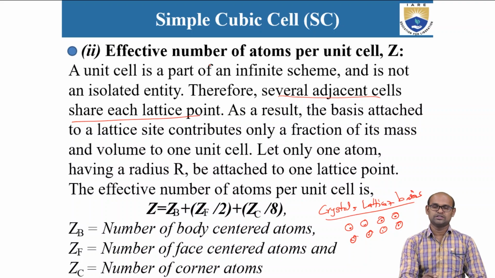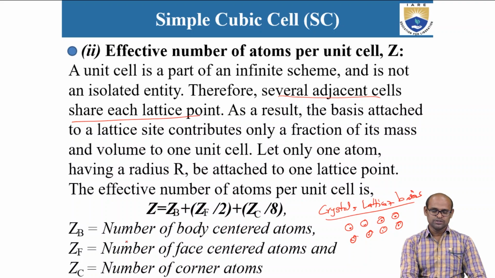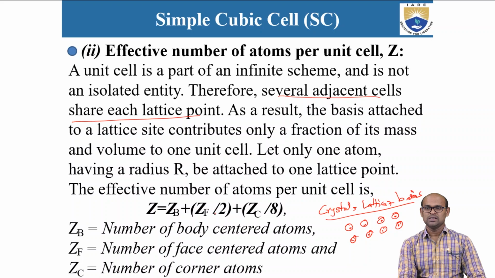I am denoting Z, which is the effective number of atoms per unit cell. So the effective number of atoms per unit cell for the simple cubic cell, Z, is equal to ZB plus ZF by 2 plus ZC by 8. So what are ZB, ZF and ZC? ZB is the number of body centered atoms. So how many body centered atoms does a particular unit cell have? That is given by ZB. ZB is the number of body centered atoms, ZF is the number of face centered atoms, and ZC is the number of corner